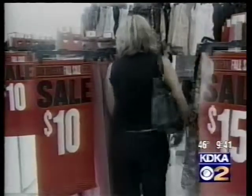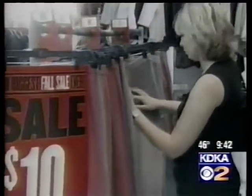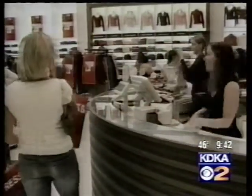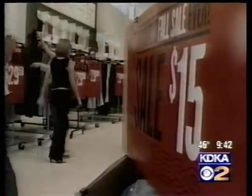It is a strategy that some stores are trying for the first time. They're trying to clear their stores of fall items to make room for holiday clothes that will be placed in the stores next month. For the consumer, it's a total win. They get the product that they really want in a time period that they really want it, so they can wear it now as opposed to waiting for next fall. For the retailer, it provides momentum in a season that helps them clear their inventory and build momentum for the holiday. But there is another reason behind the timing of the sales that has more to do with the timing